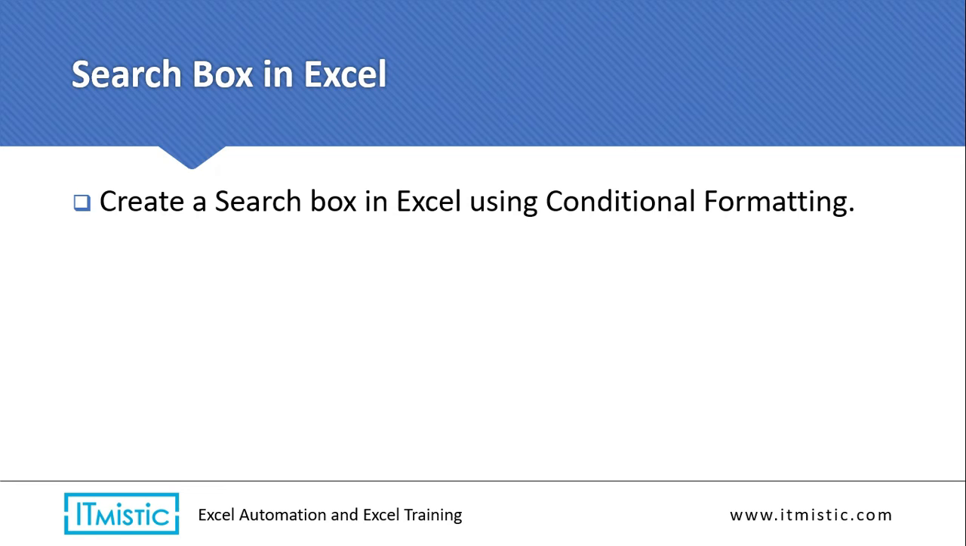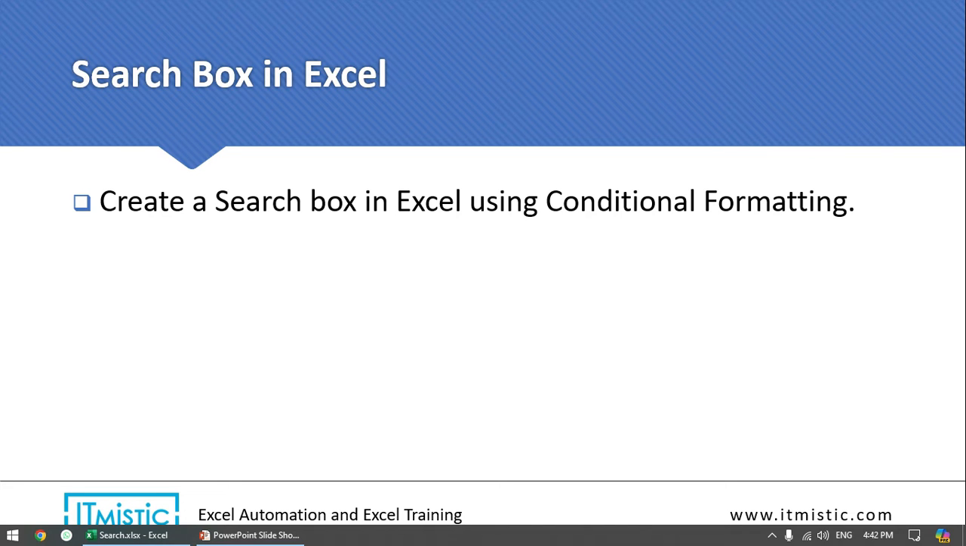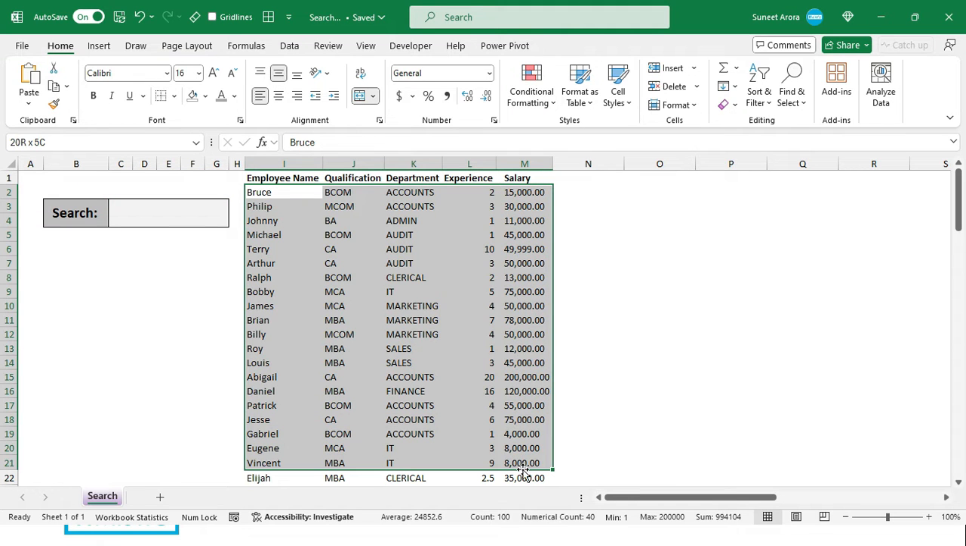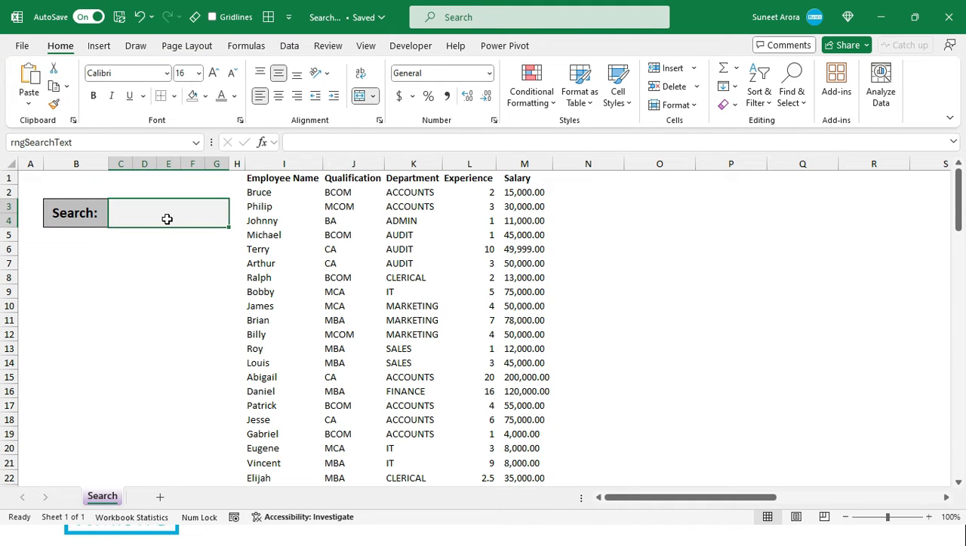Hi, in this video I will show you how you can create a search box in Excel using conditional formatting. Let me show you an example. So here is our search box and this is our data where we will search the text that we type